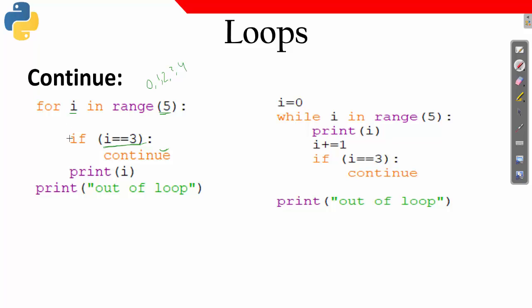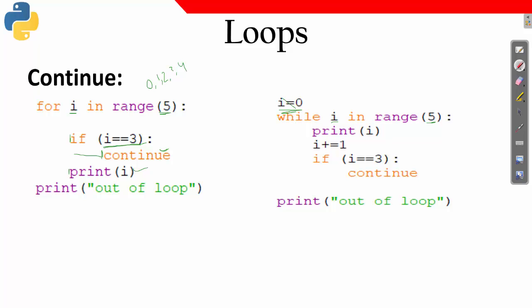It means this if statement and the print statement are inside the for loop. The continue statement is inside the if statement. So when this condition is not satisfied, it will print me the value of i. And when the condition is satisfied, without printing this value of i, it will go and take the next value.